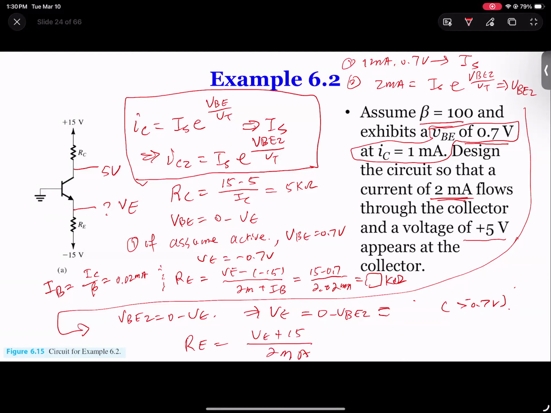This value is pretty close to the one we calculated earlier by assuming 0.7. But of course, when you do a problem, you have to do the second step because it was asking you for the exact value. In the first pass design phase,